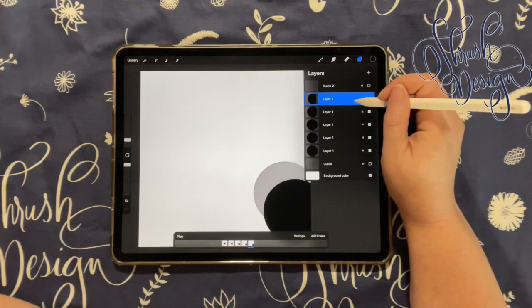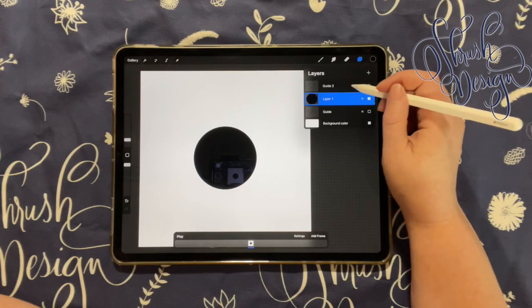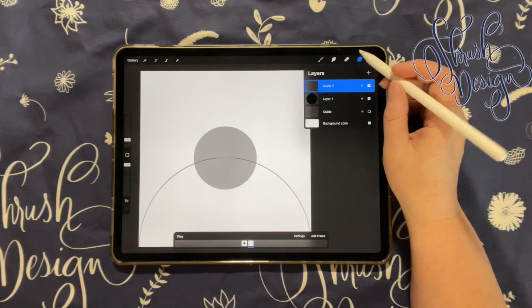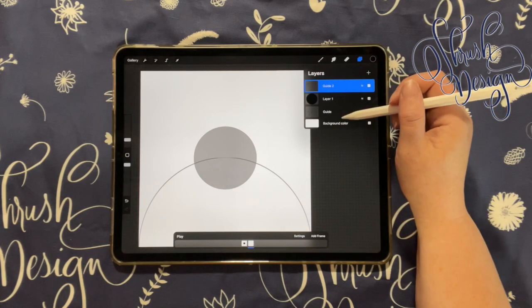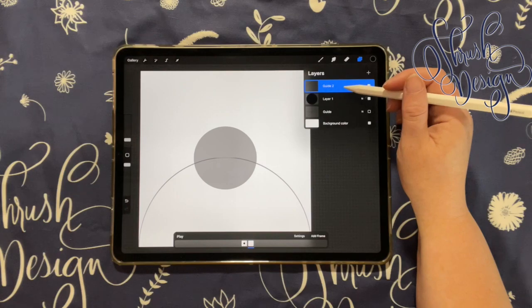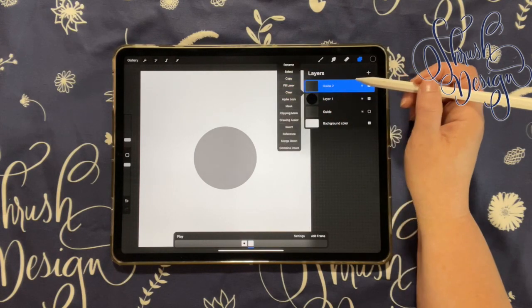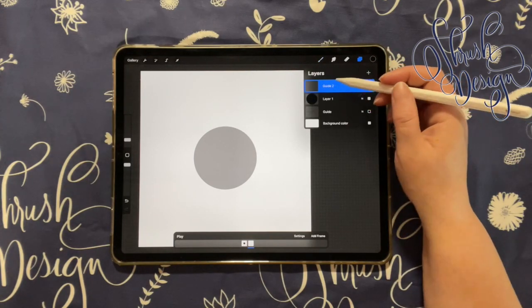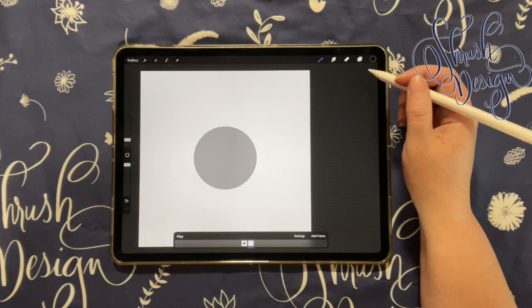I'm going to take these layers and delete them. Now I'm going to change this guide a little bit. So this time I'm just going to clear this out. So now in this guide, I'm going to do something different. So I'm going to make a spiral shape. Now this one's going to be a little more freehand,